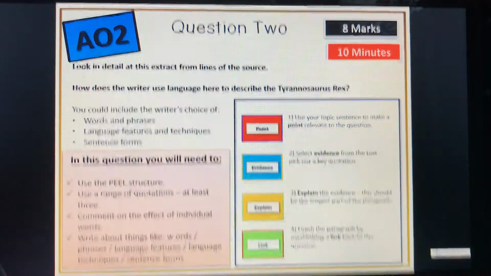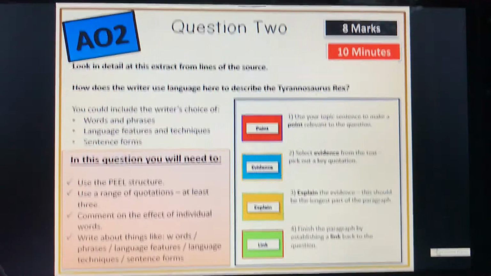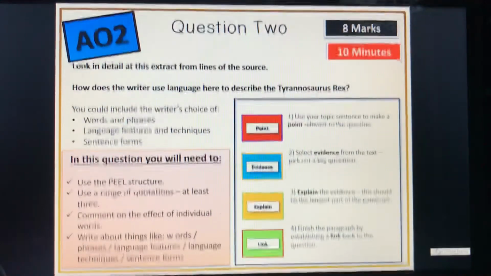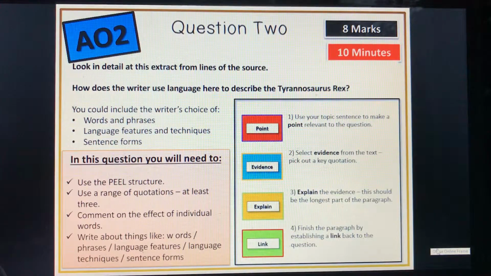Again, in terms of revision tips or guidance, if you take one thing about language, two things about language: zoom, effect. You get no marks if you don't write about the effect. And then E for explain, L for link it back to the rest of the story, what's going on. And then the S is the bit I like the most, and that's symbolise it. So we talked a while ago about contextualising, like what else is going on. Contextualising your answers is really the way to push into top band. What else is going on? And does that affect our understanding? Okay. So how does the writer use language here to describe the Tyrannosaurus Rex?